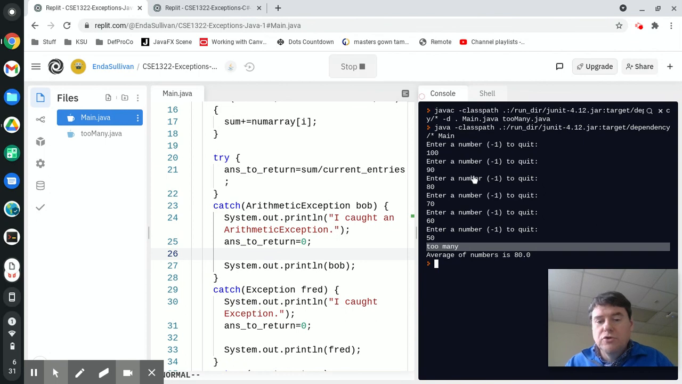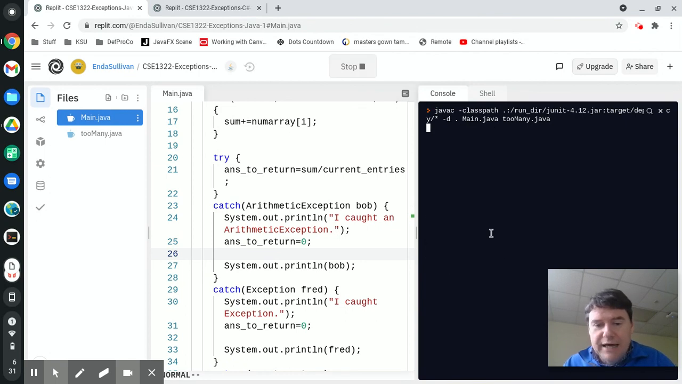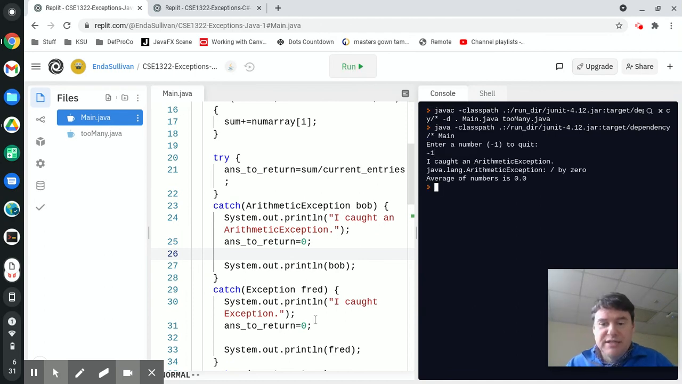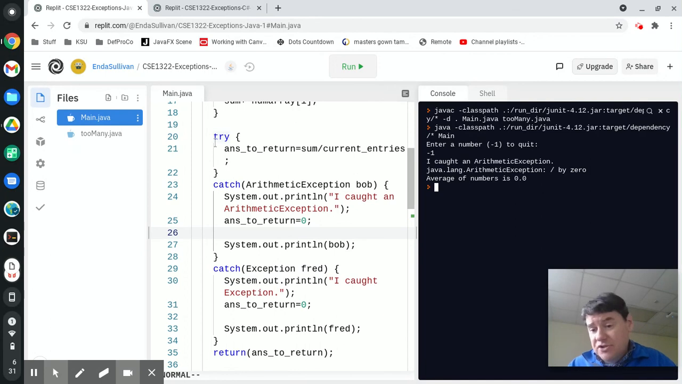All right, I'm going to run my code, and I am going to cause this same exact problem. I'm going to put in -1, and you see that I caught an arithmetic exception. So you may be wondering at this point, well, how does it know which one to do? And the answer is, it will do the first one in your code that matches. So an arithmetic exception is an arithmetic exception, therefore that one was pretty clear that we were going to get